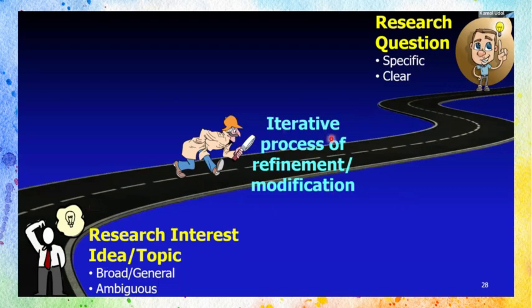This process is iterative. It will occur in circles. So you have interest, you have an initial question, you gain more information through literature review, and discuss with your mentor, your colleagues, and your friends. Then you refine your question, you get more knowledge from additional review of literature, and discuss with your colleagues, your friends, your professor again. Then you will have a new version of your question, and then you repeat it again and again